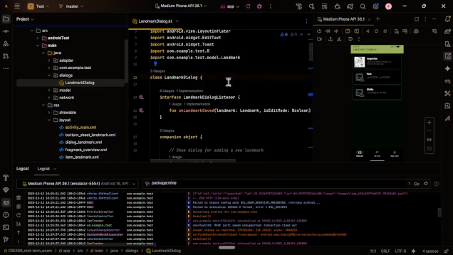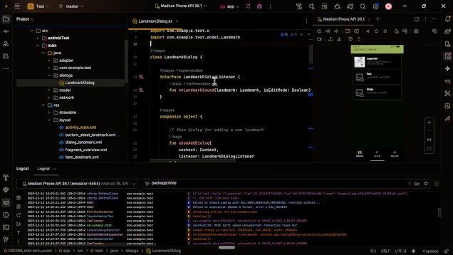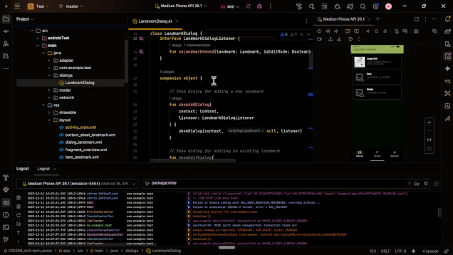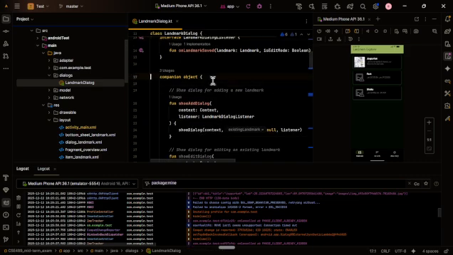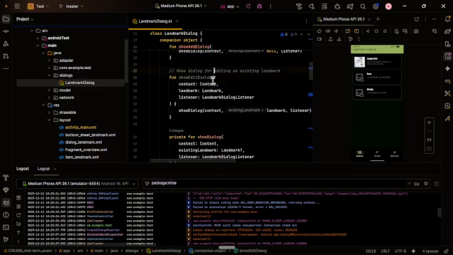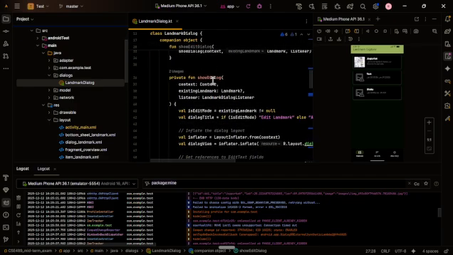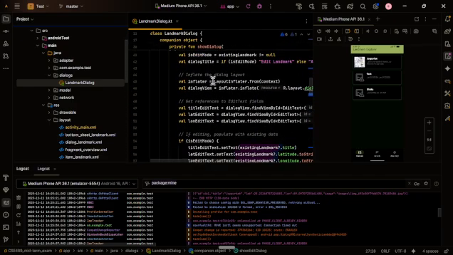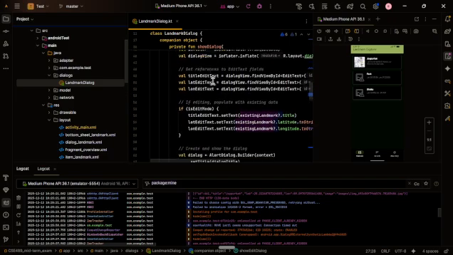You can see the fun show dialog, companion object, interface landmark dialog listener, and fun show edit dialog, show dialog for editing an existing landmark. You can see that these various functions are responsible for actually